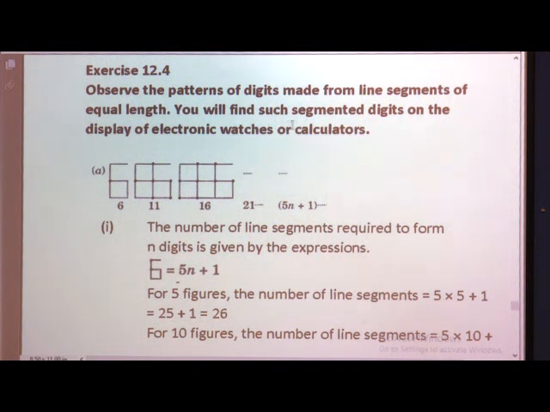You will find such segment digits on the display of an electronic watch or a calculator. When you were small, you were finding out this type of pattern in electronic watches, that is, 66 is written in that. Some digital clocks we have in some offices, we find such a pattern in which the numbers